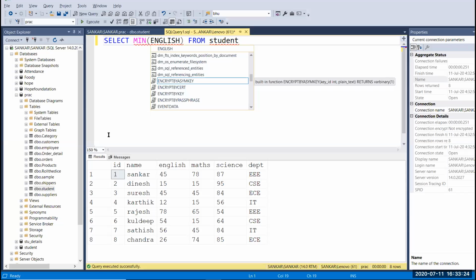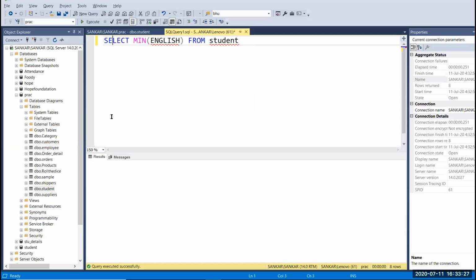Now you can run your program, and you can see 12 is the minimum mark in the entire record. Here I'm going to change MIN into MAX. So 78 is the maximum mark in the English field.